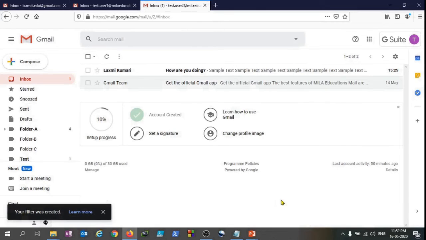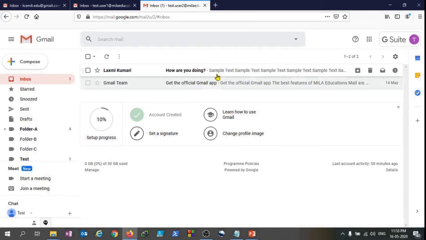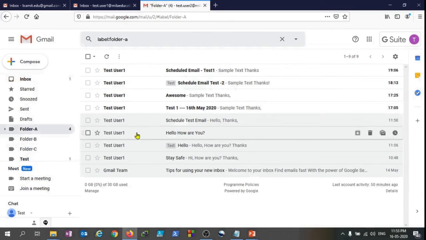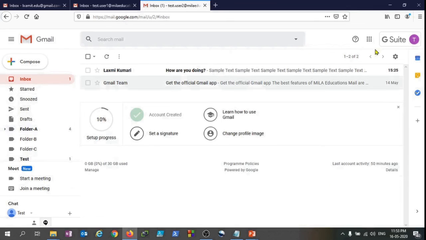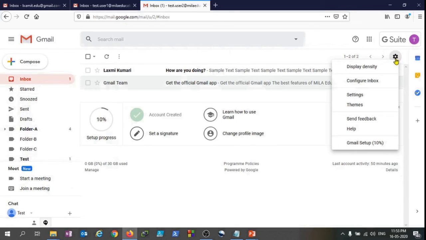Woohoo. And as you can see, there were a couple of emails which were matching that rule criteria. So those emails have been moved to the folder that you had selected. Now you can see all the emails are here. Great. So this was the one way, and the another way is that you just go to settings, this setting option, and click on settings,